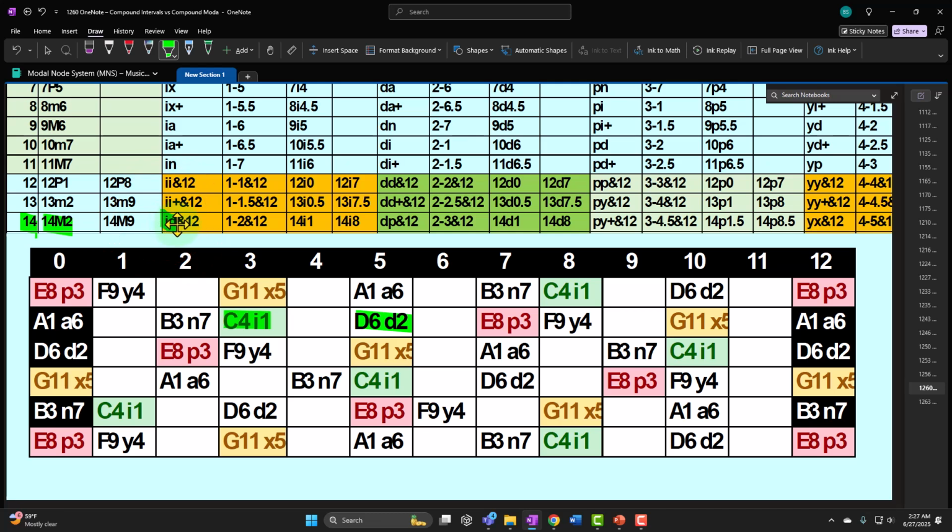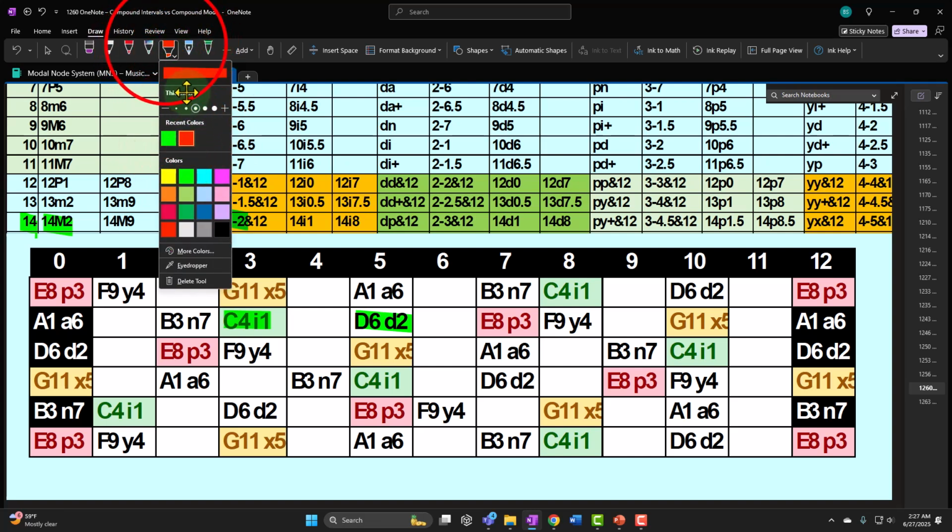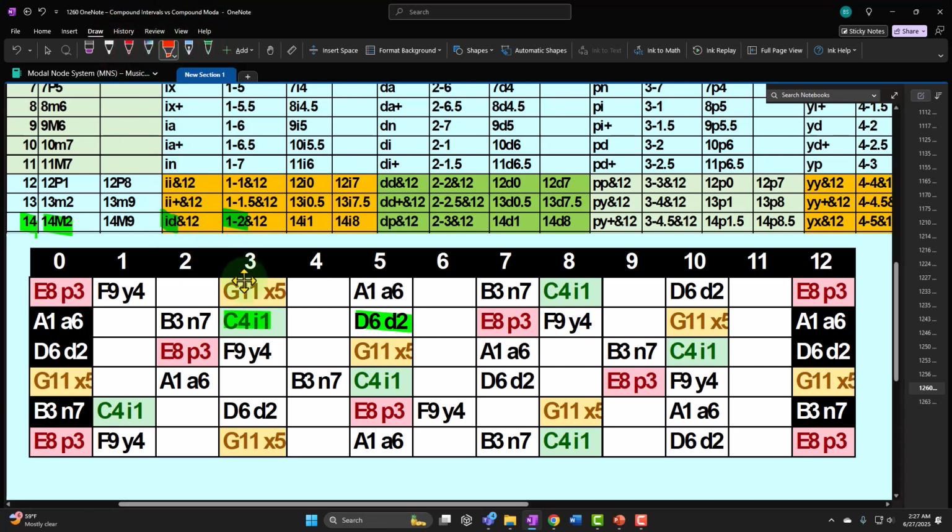But I want to go 14 up, so let's change the color. If I go 14 up, it's going to be 5, 10, and then 15, and then 14 would be back to here. So there's going to be 14 up, and I would still call that a 1-2 modal range,